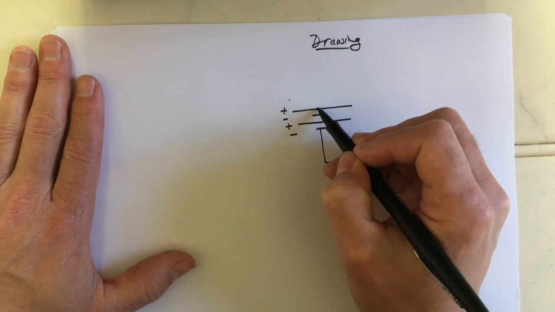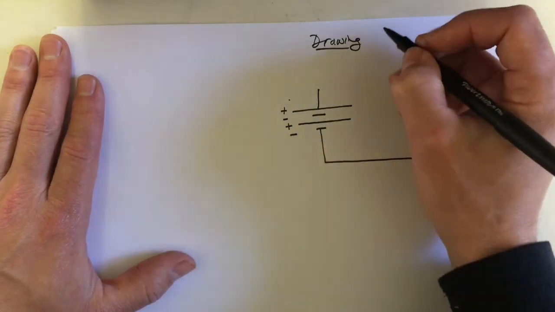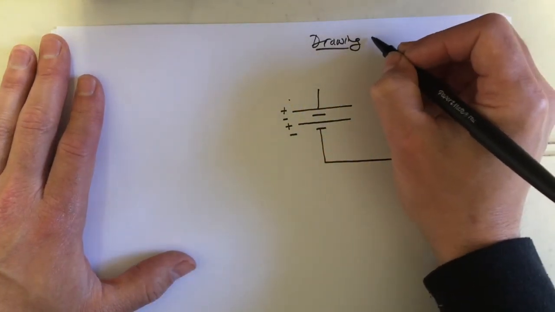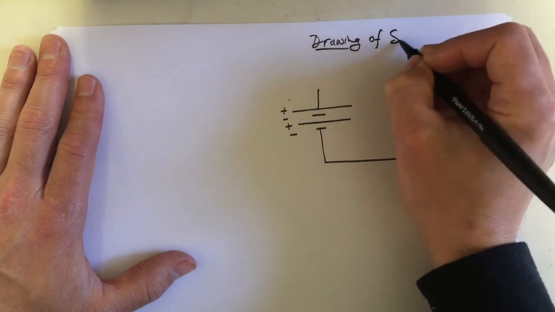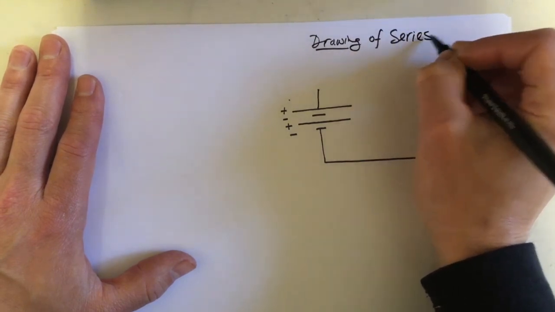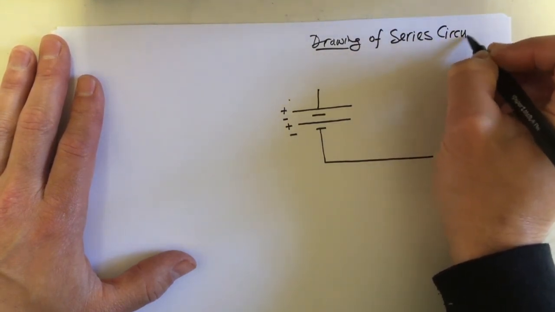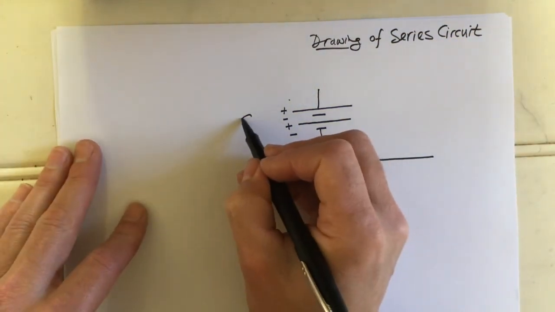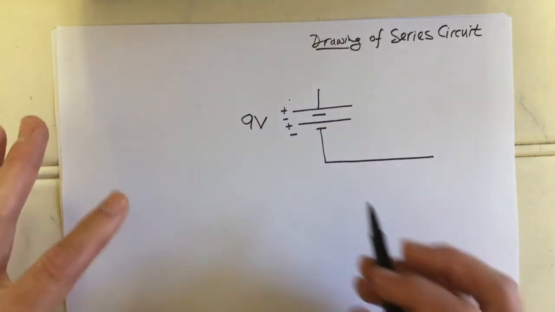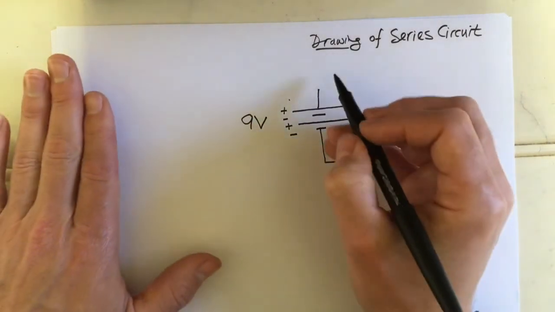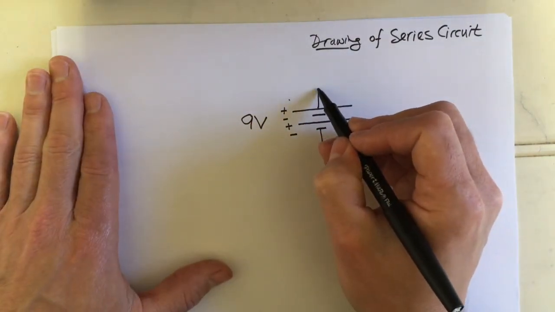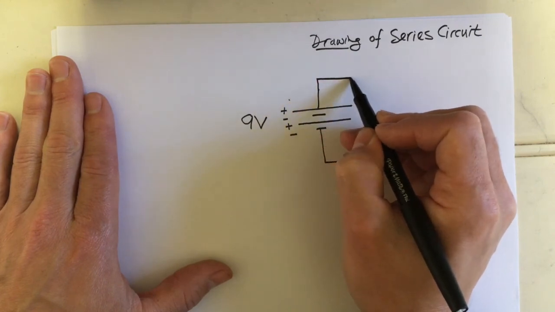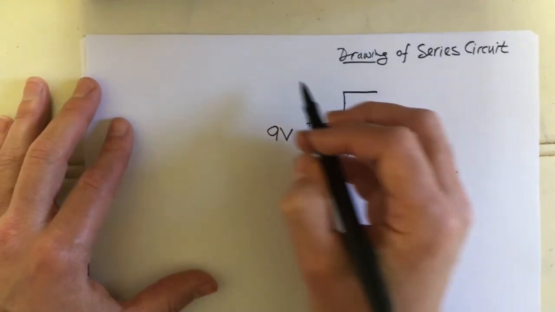We're then going to have, when we say this is a drawing for a series circuit, when I say something's in series, I'm referring not to the battery, right? Maybe this is a 9-volt battery. What I'm referring to are the resistors. And in this case, the resistors are going to be light bulbs again. If it was just a resistor without a bulb,